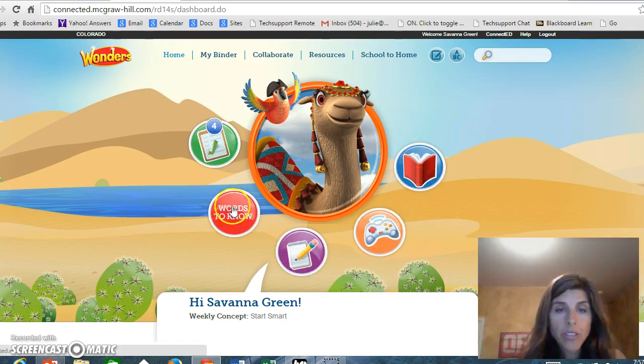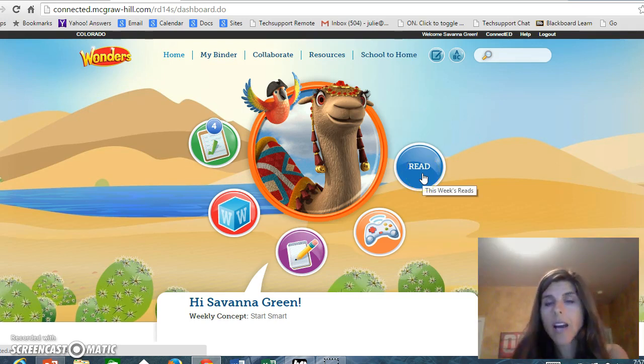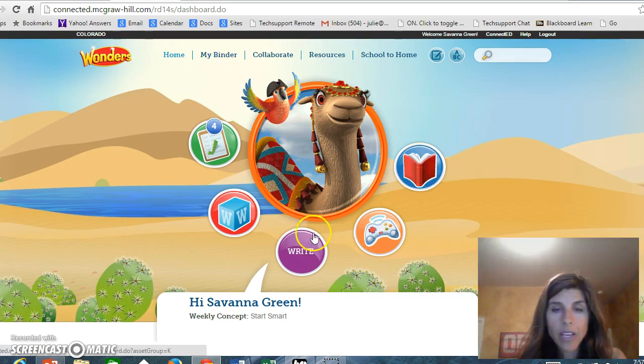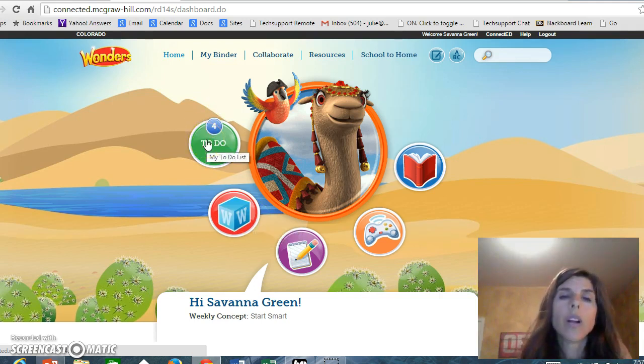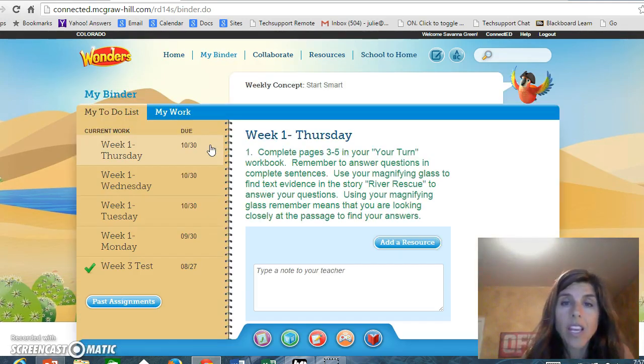You'll see that you can click on these four buttons. You can peruse these, go in here, play games. Here are some books in here, but the only thing you really need to know about is your to-do list. The to-do list is where you're going to find your assignments in your reading, and your reading covers